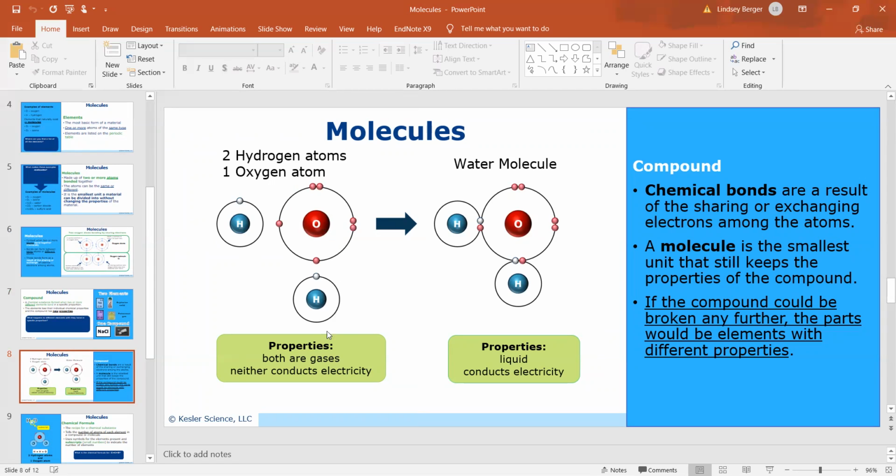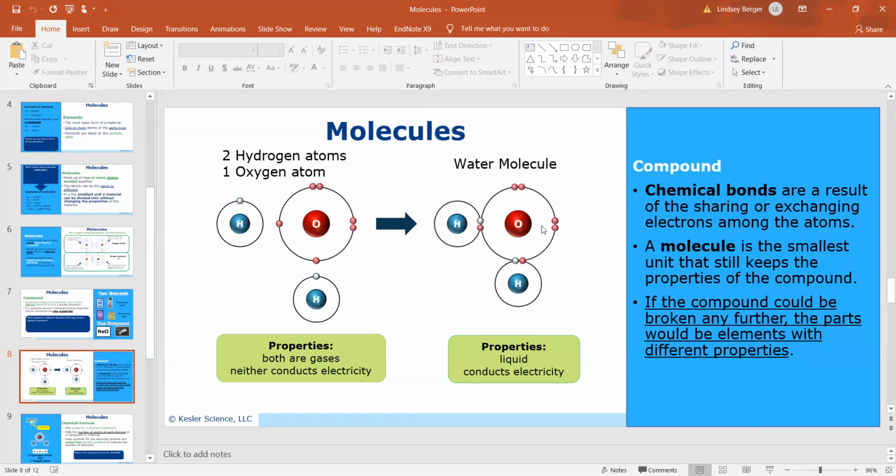When they're by themselves, they're both gases. They don't conduct electricity. There's not a whole lot of exciting things to talk about there. It's hydrogen and it's oxygen. Woohoo! But if you bond them together, you can see they use different colors to show the different valence electrons that are being shared here, because oxygen wants to have 8 valence electrons. So if you bond these together to where you get H2O,